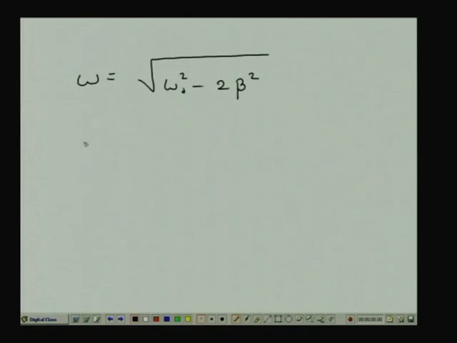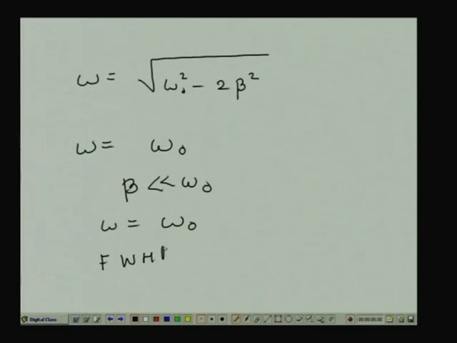The average power is governed by a Lorentzian which has a peak at omega equal to omega naught, the natural frequency of the oscillator, and in both cases, in the weak damping regime, the peak occurs at omega approximately equal to omega naught, and the peak has a full width at half maxima, FWHM, approximately equal to 2 beta in the weak damping regime. If you are not in the weak damping regime, then you have to numerically calculate the full width at half maxima. So, let us bring today's class to an end.